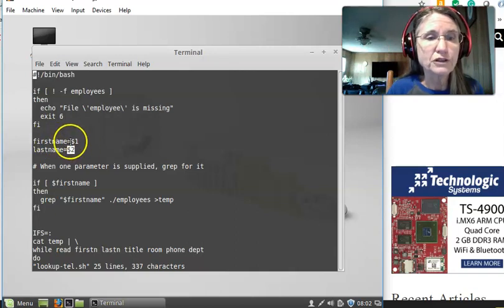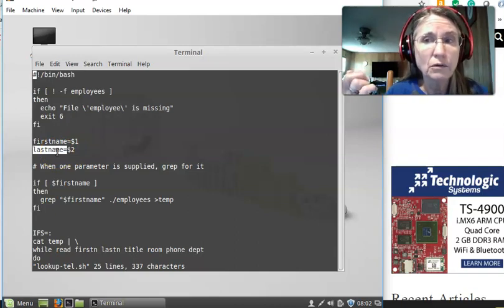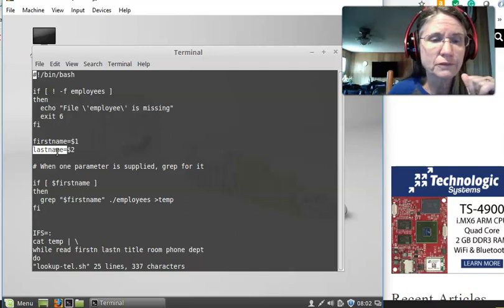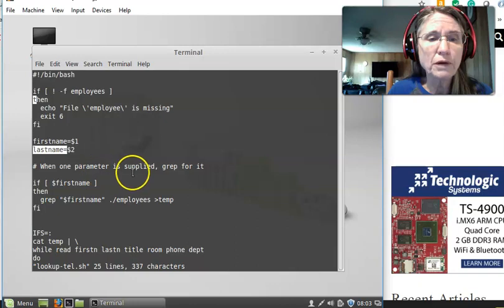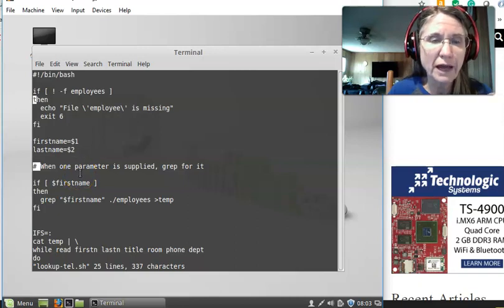So the first positional parameter, I'm assigning to first name. The second positional parameter, I'm assigning to the last name. You may want to do this in a different order in the script that you're writing. This is just examples. And then I said when only one parameter is supplied, and again, this is a comment because we see the tic-tac-toe sign or the hash mark,